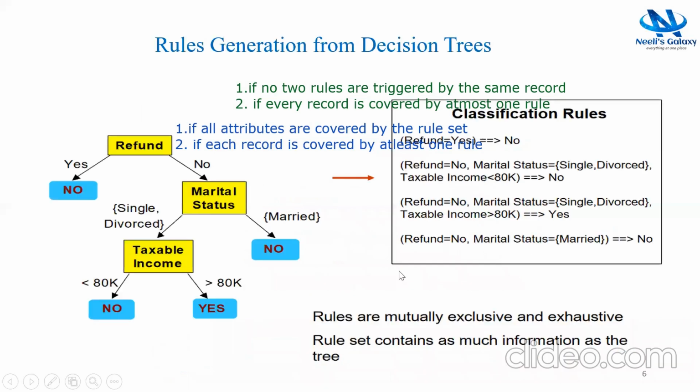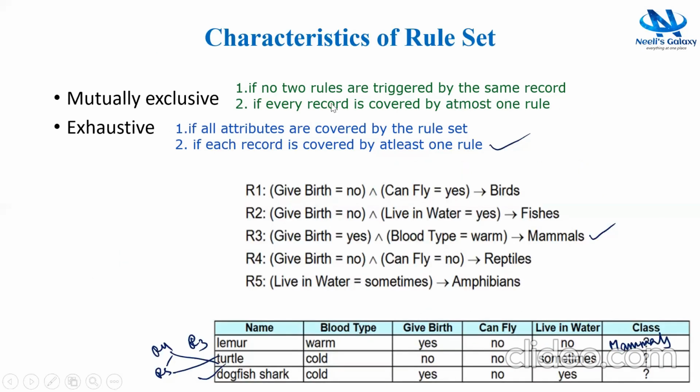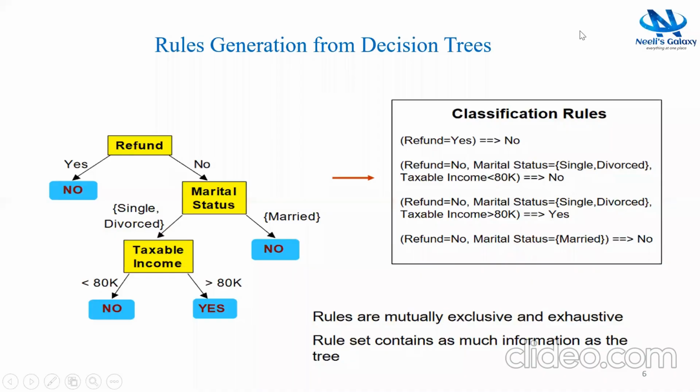Next, coming to rule generation using the decision tree. We will see how to generate rules using a decision tree. From a constructed decision tree, it is very easy to generate rules which follow the mutually exclusive and exhaustive properties. The rules are generated from the decision tree. One rule is created for each path from root to leaf node, and all nodes along the path are logically ANDed together to form the if part, and the leaf node forms the then part.